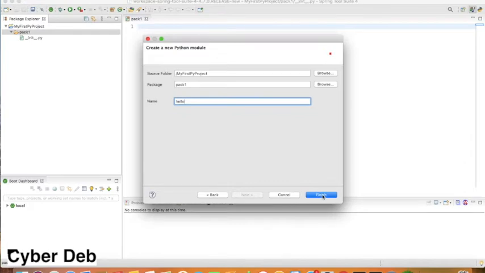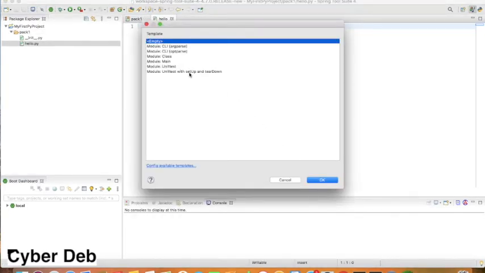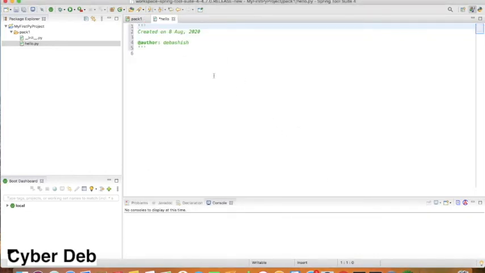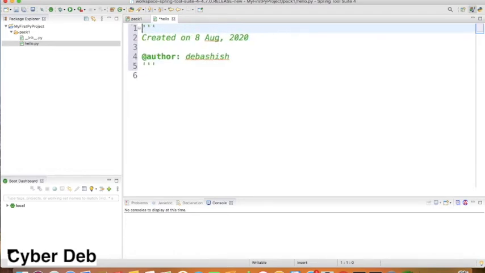Then click on Finish. No need to provide the extension .py, automatically it will take. You will choose this template. I don't want to choose anything out of this template, I will keep it empty. Then a few comment lines you will find like this.